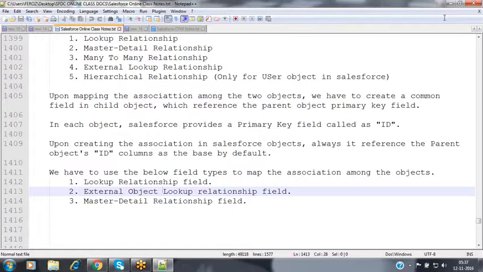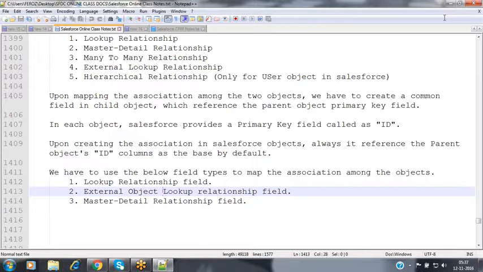You have to explain that we have 2 types of lookup relationships. One is the normal lookup relationship, which we can map between two objects available inside the same organization, meaning within the same Salesforce account itself.